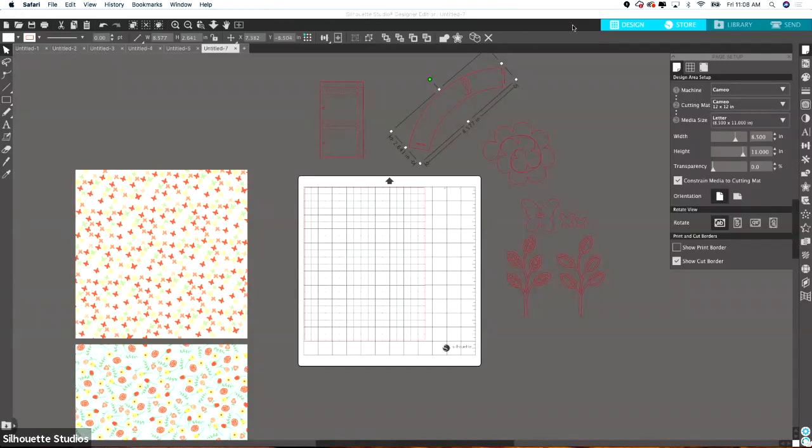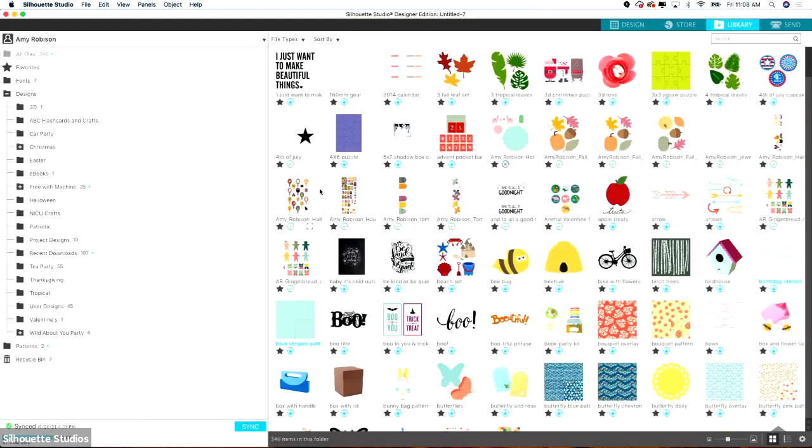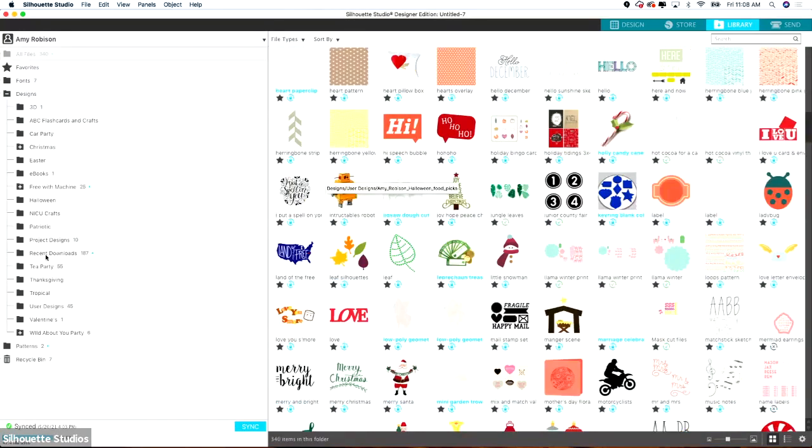And then you'll find them by going over here to the top right, library. And if you have just downloaded them, you might have to go down here to the bottom left and sync your computer again. And that'll just reload any new designs so that you can see them in your store. You can look in all files and you'll see a whole bunch of different designs, but I've already put them